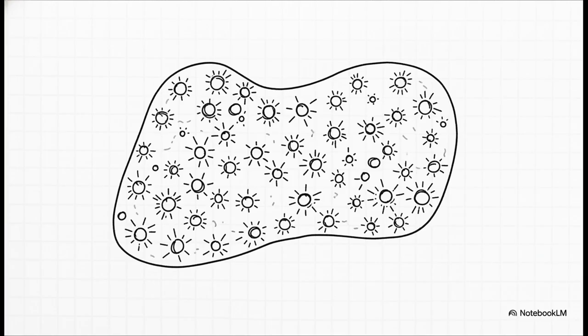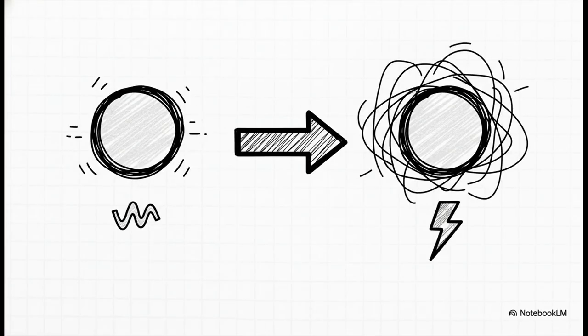They're all kind of held together by these invisible forces, almost like they're holding hands, which is what makes it a liquid. And all that energy of motion? Well, that has a name. It's called kinetic energy. And it's really simple. The more kinetic energy a molecule has, the faster it moves and zips around. This one little idea, it's the key to this whole thing.